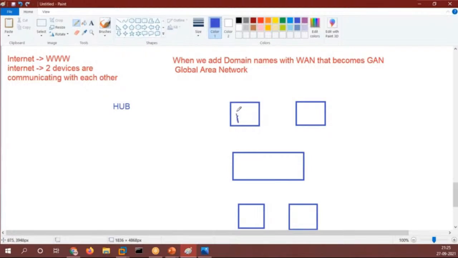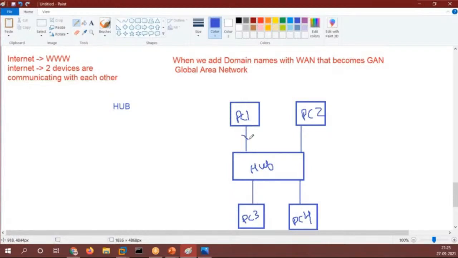This is PC1, this is PC2, this is PC3, and this is PC4. PC1 is connected to the hub, PC2 is also connected to the hub, PC4 is connected to the hub, PC3 is also connected to the hub.